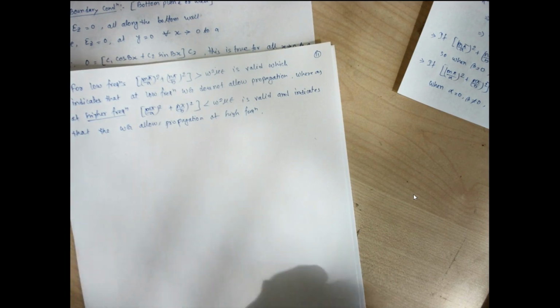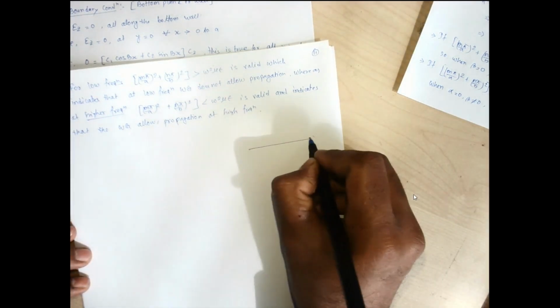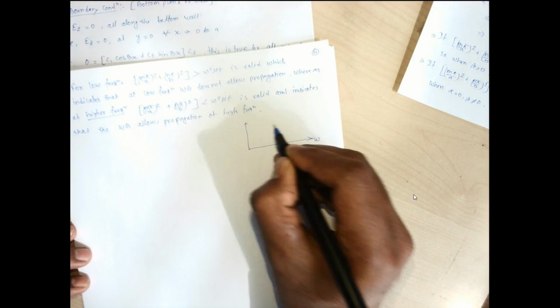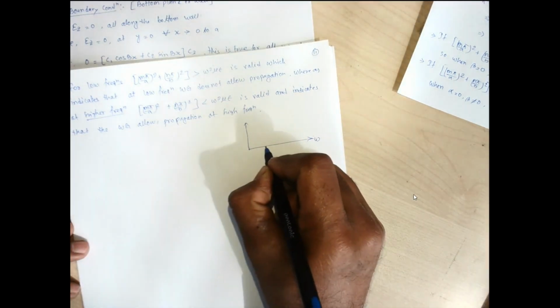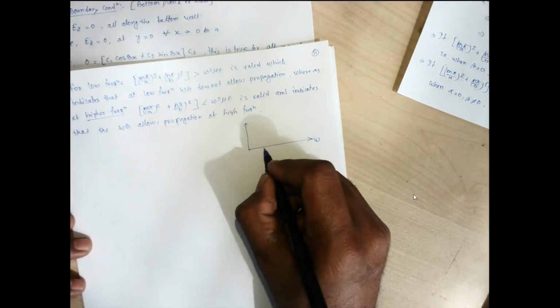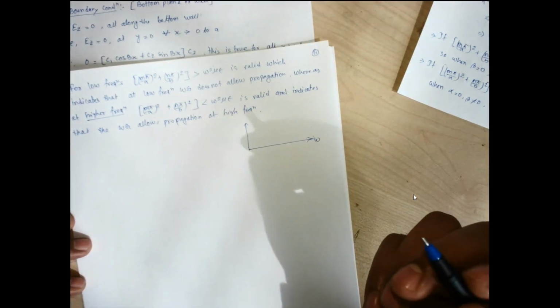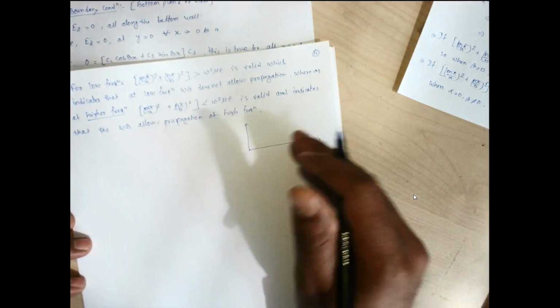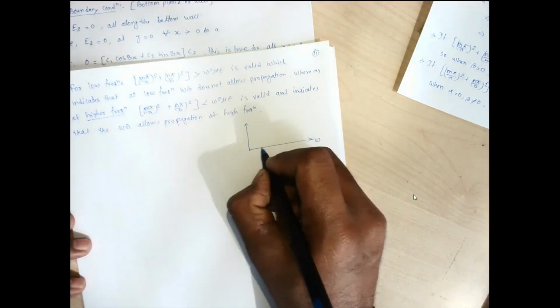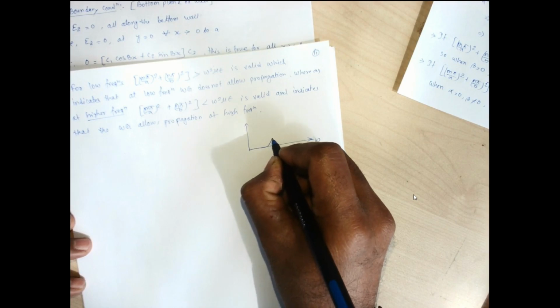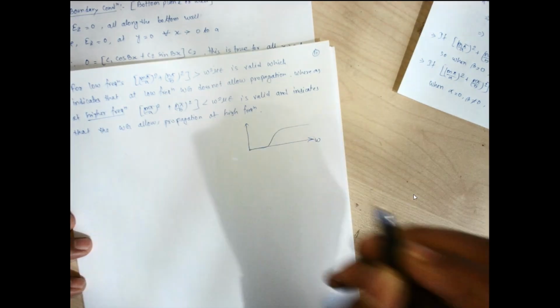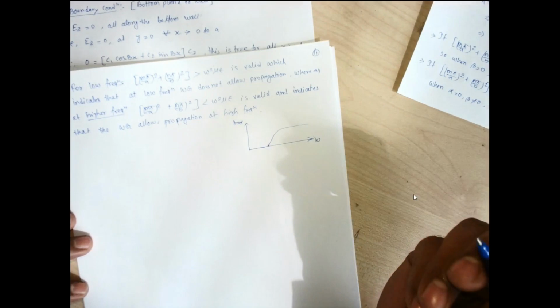Right? So if we think of something like this, if this is our omega, and this is some quantity, either a voltage signal or a current signal, whatever it is. If we have lower values of frequency omega, we didn't have any propagation. Gradually when this omega is increasing, we are having the propagation. So this is 0. Now since omega is increasing, it is having the propagation like this. So it is your amplitude, right? So this is the value of omega after which we are having the propagation.